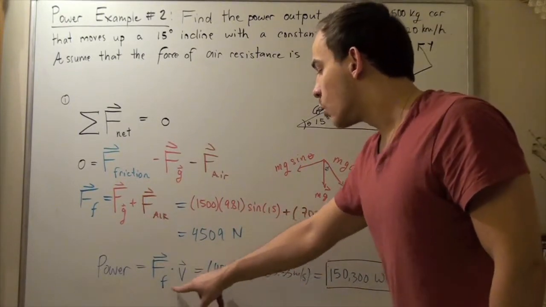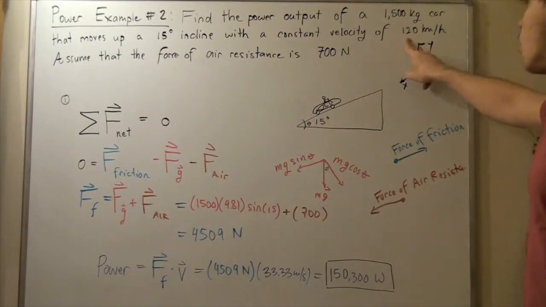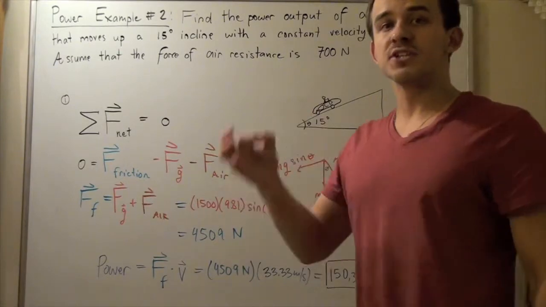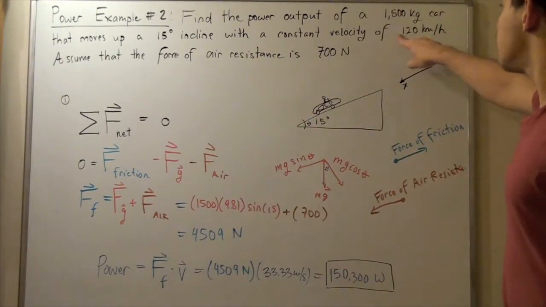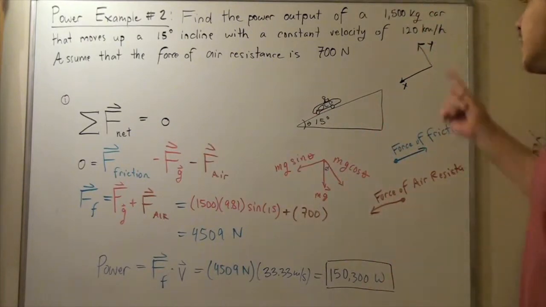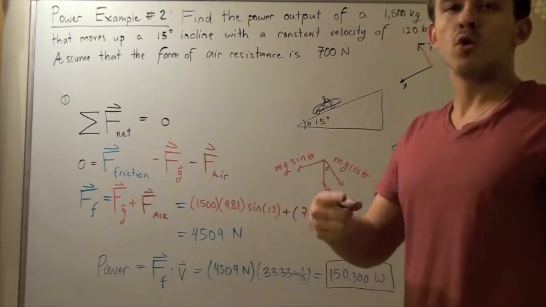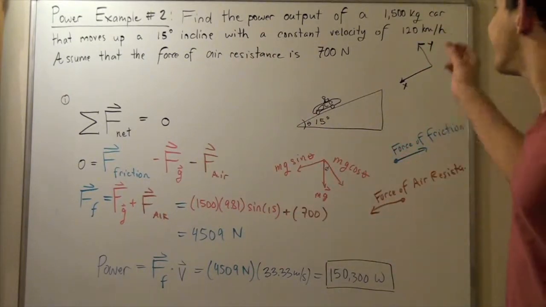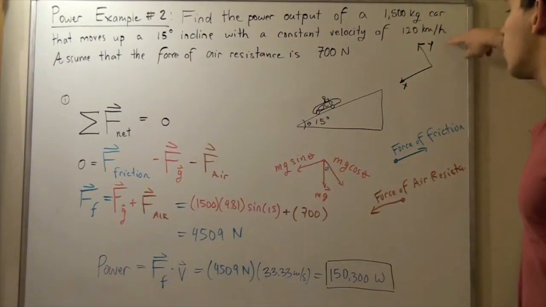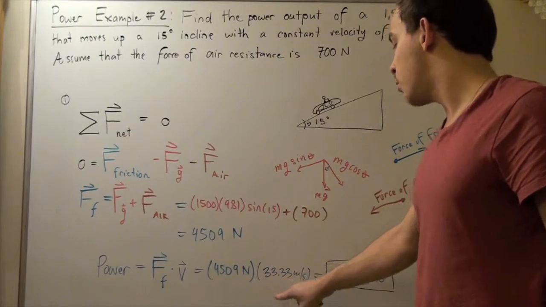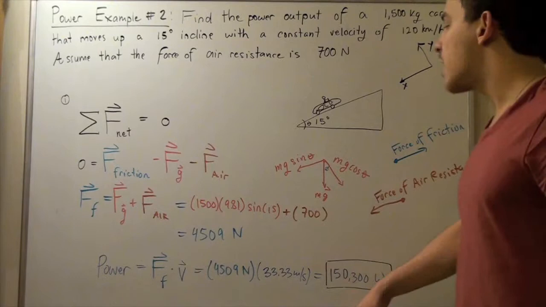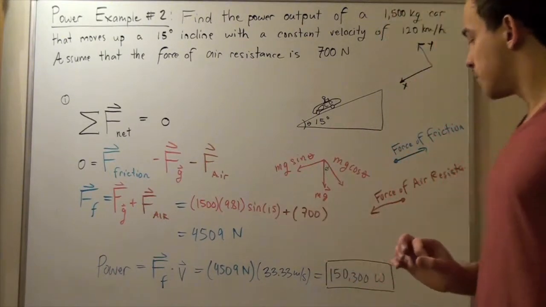What's our velocity? Well, the velocity is not 120 kilometers an hour because we must convert this number into meters per second. So we multiply this by 1,000 because there are 1,000 meters in any kilometer, and then we divide by 60 times 60, or 3,600. Why? Well, because there are 60 seconds in a minute and 60 minutes in an hour, and we want to convert from hours to seconds. So we get 33.33 meters per second. We multiply the two out and we find that our power in watts, which are joules per second, is